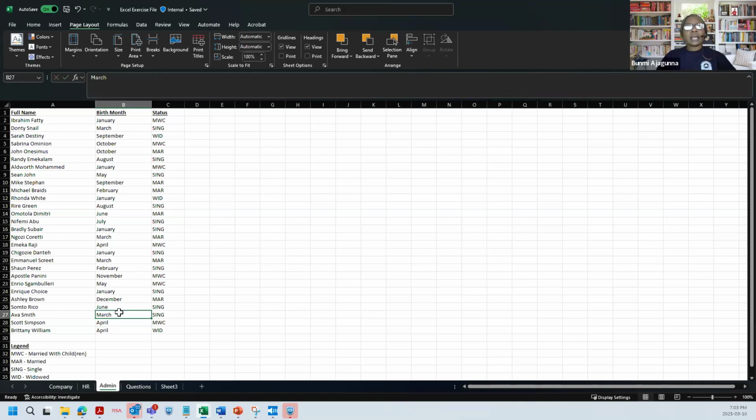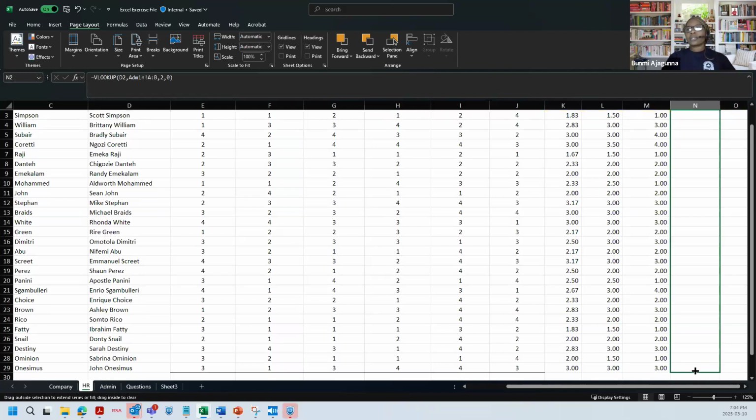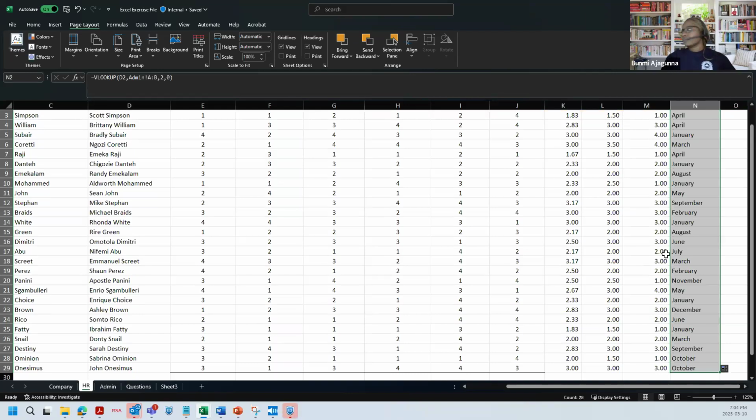Guess what happens here? When I go to HR, because I had already put in a formula, anything I do that is linking up and mapping up to what I have done will automatically change. I will not need to manually retype the formula and do that again. So when I go to HR, we should see March. When we click here, yes, it's March because it's VLOOKUP-ing it. We are linking it up. So any changes that you make in the admin tab will change in this tab as well. So here you go, you have Eva Smith March, you double click and you have all the others' birthdays in here. I hope that helps, Neka.